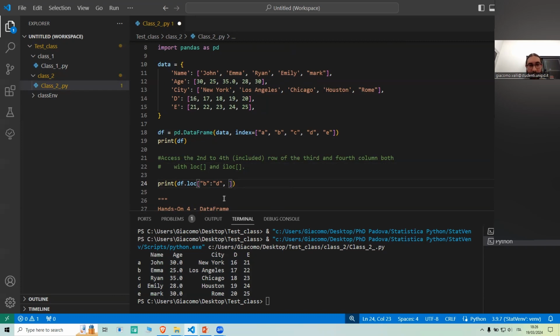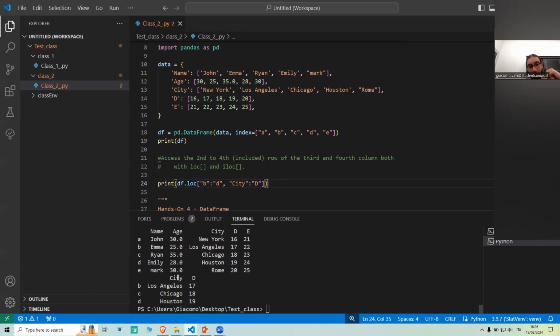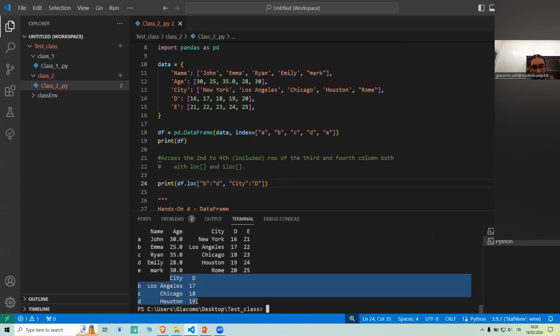can be obviously accessed as a slice, as we did here. So you can third and fourth, C and D will be, let's see what happens. Okay, so we accessed our columns, our rows, but I just want to show you that